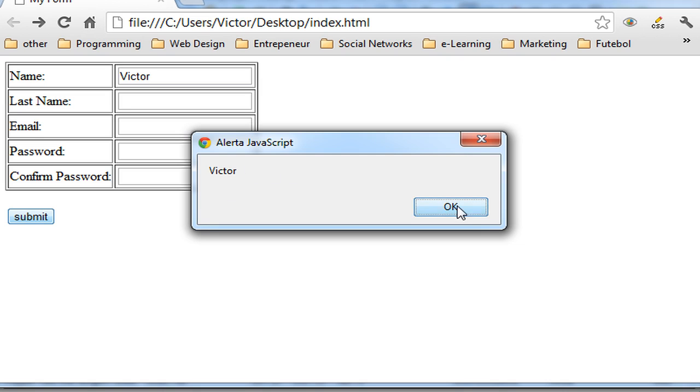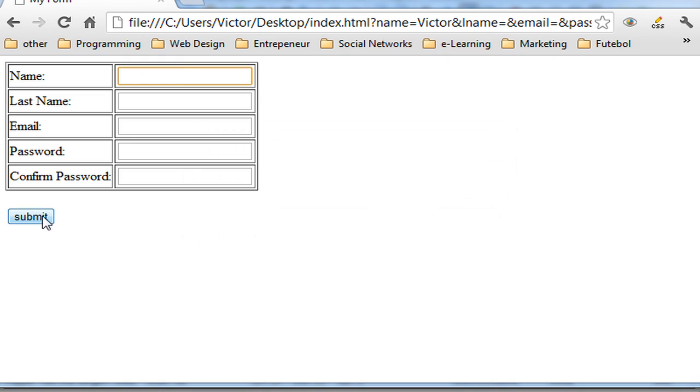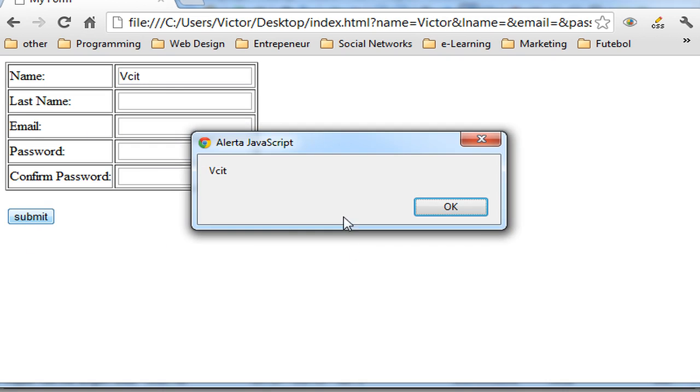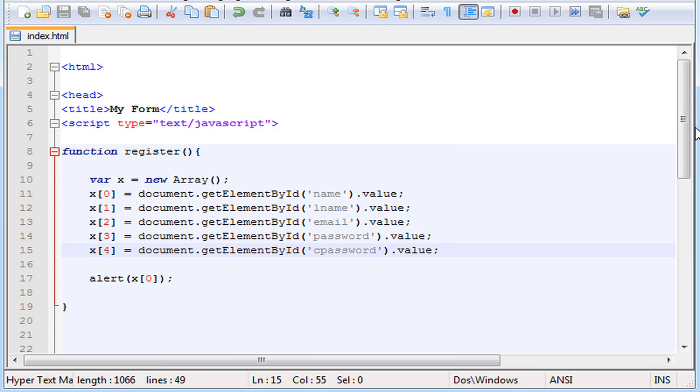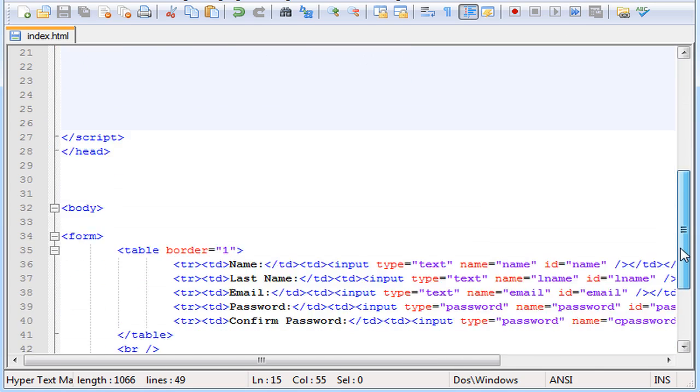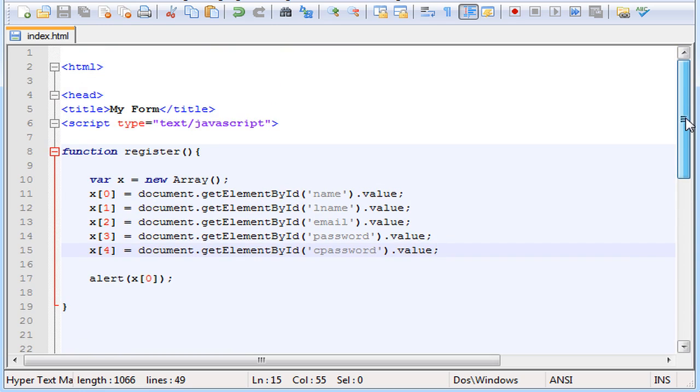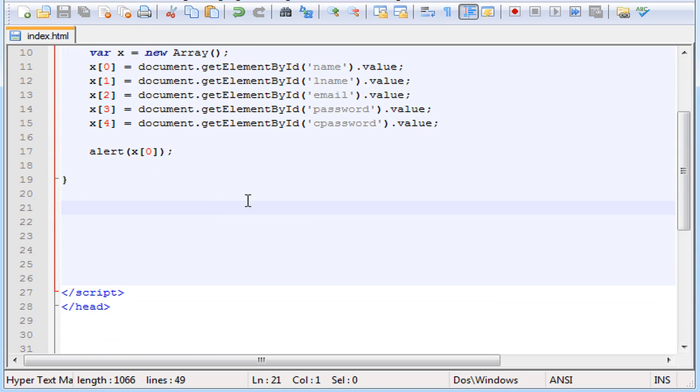So make sure that whenever you click the submit button, you type a name first, and when you click the submit button, you'll have an alert box. Okay, so if it's not working, something is wrong with your code. So check your code again, or review the video. Okay, so now we can go on to the next function, but we will proceed